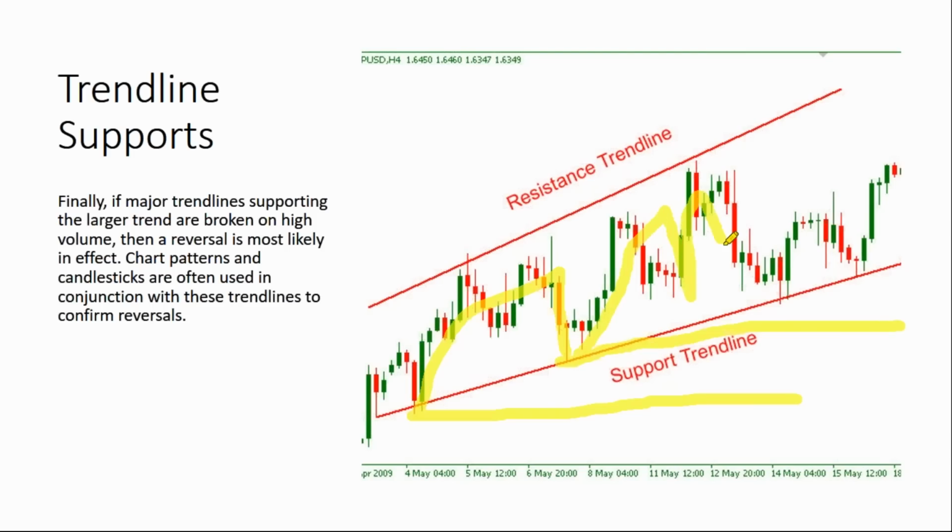Now it can have all of these things in the middle of a trend line. Now it came back and touched that trend line and bounced off of it again. This creates your next low. At no point in the future can it break below that low, because in order to get lower than the previous low, it has to break the trend line. So that means that that trend is over. So therefore, you know you've moved to a reversal. Chart patterns and candlesticks are often used in conjunction with these trend lines to confirm reversals.